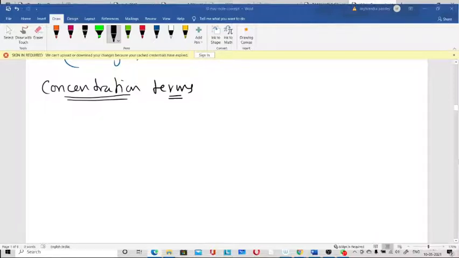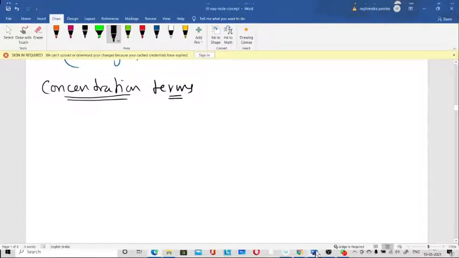Then it would be easier for you to comprehend, because if you see the answer, then your brain will not work in the exam. So here is the thing. Just do all the questions which are there. Now let's start with the concentration terms.